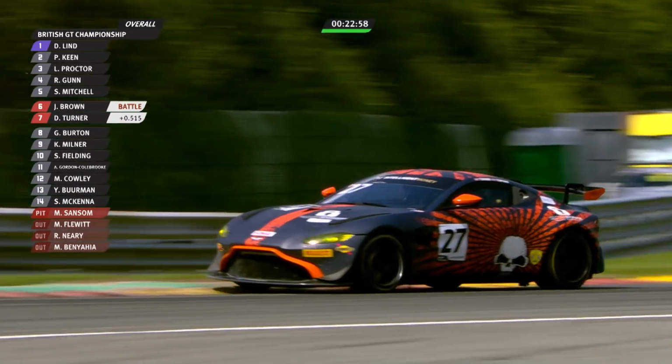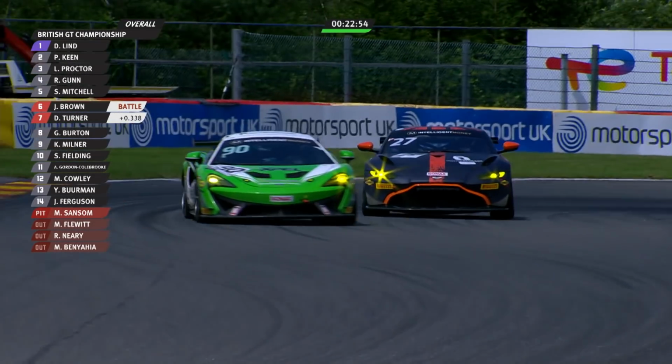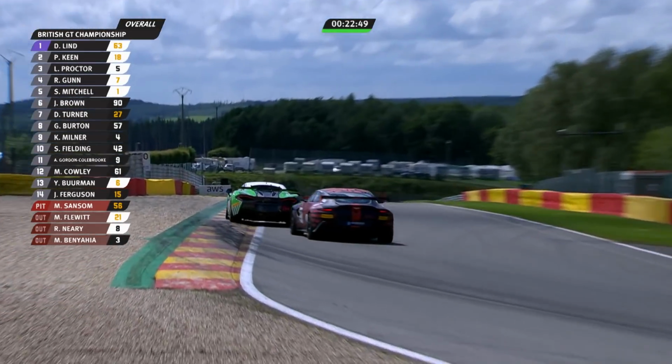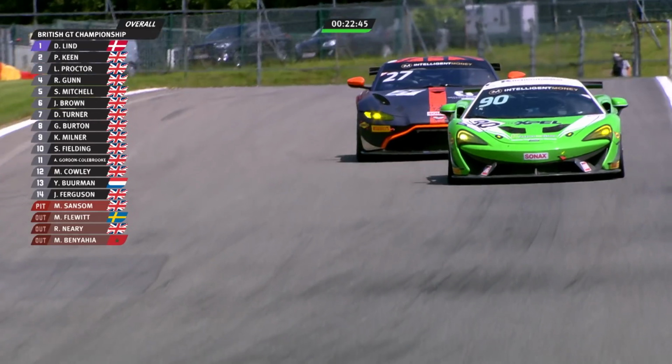So the gap is down again under braking. More track limit warnings are coming now. One for Sandy Mitchell, one for Ross Gunn as they press on and use all of the real estate. Darren Turner using all of the real estate as well. Sandy Mitchell is almost up on the tail of Ross Gunn now, so there's going to be a change imminent